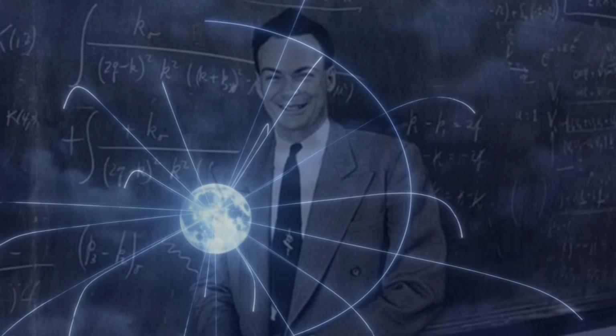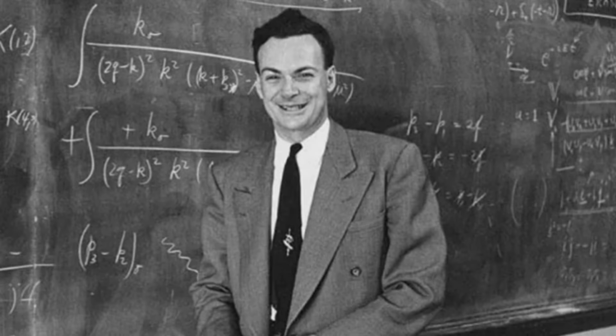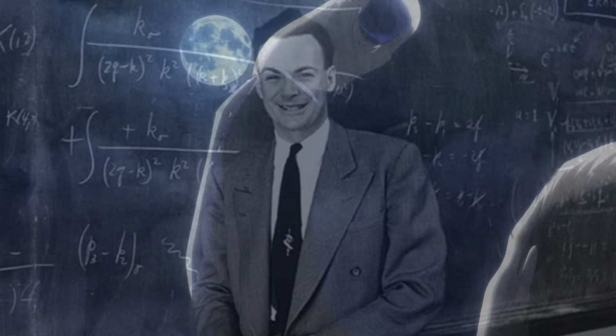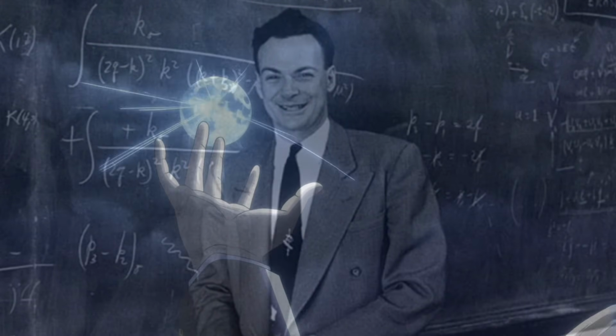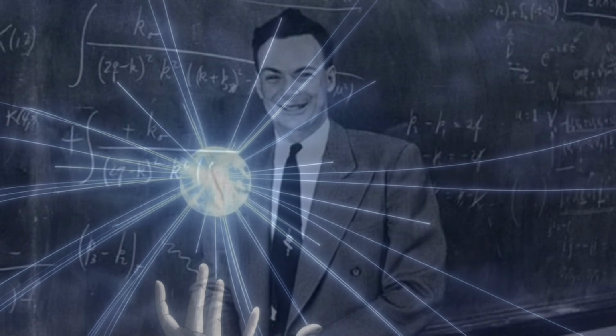Only paths with nearly equal action add constructively. For macroscopic objects, only the action-minimizing path survives. For quantum particles, many paths survive. This is the bridge between quantum and classical. And at the center of it all is action, that mysterious quantity Planck discovered in an act of desperation. And Feynman showed this action is the key to phase, which determines which paths actually happen.